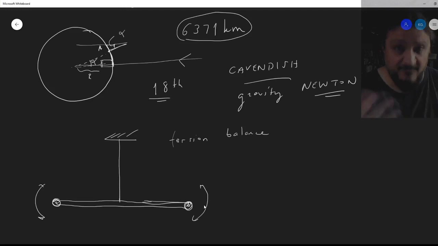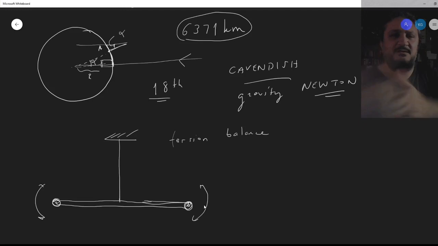A restoring force, as we call it. So you turn it a little bit, and then you let it go. It wants to go back to the initial shape. It won't stop there. It's going to go a little bit further and coming back and forth. It's going to oscillate for a while until it stops, okay?